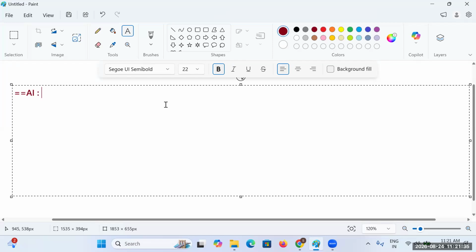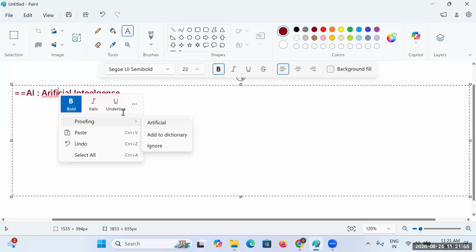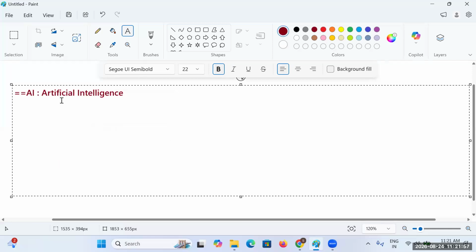Let's look into that. Now, see the concept here. The full form of AI is artificial intelligence.